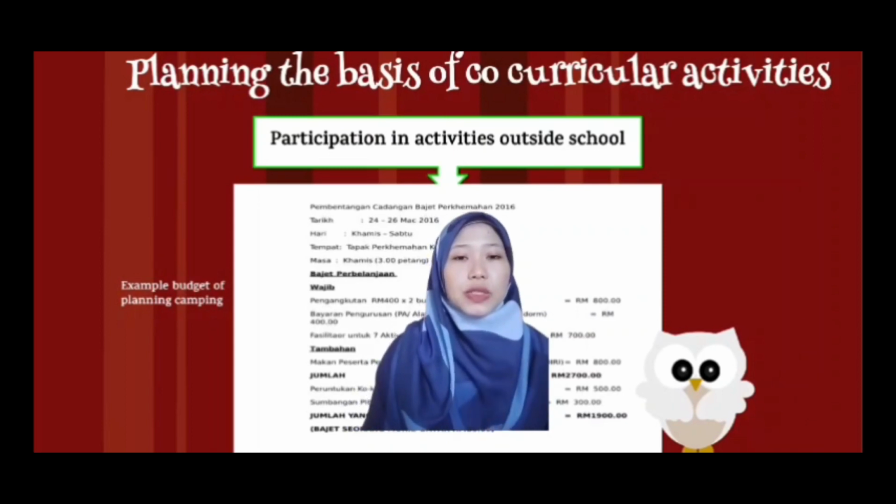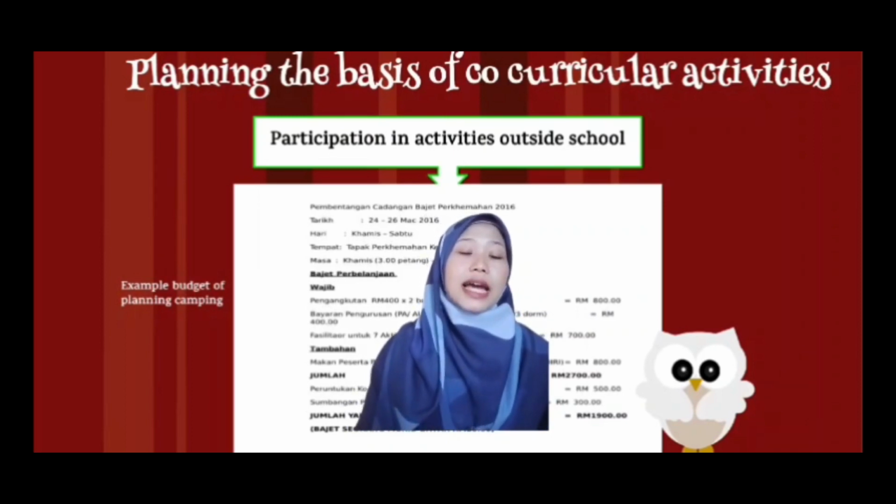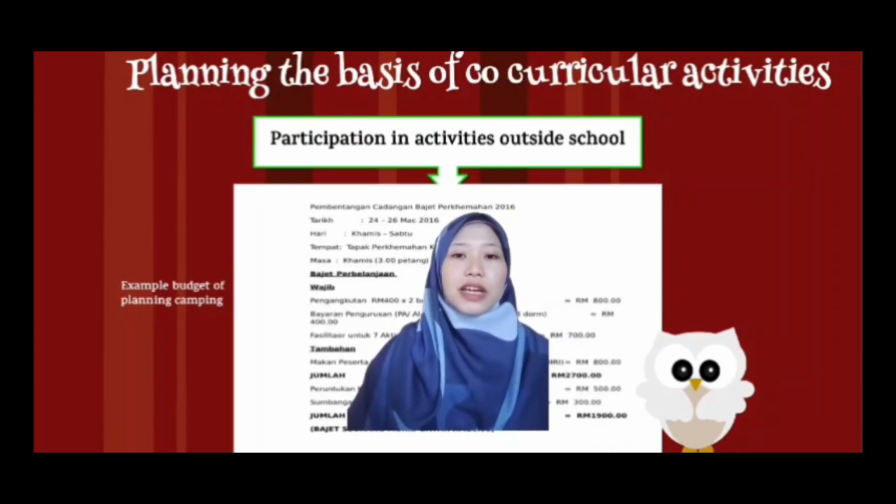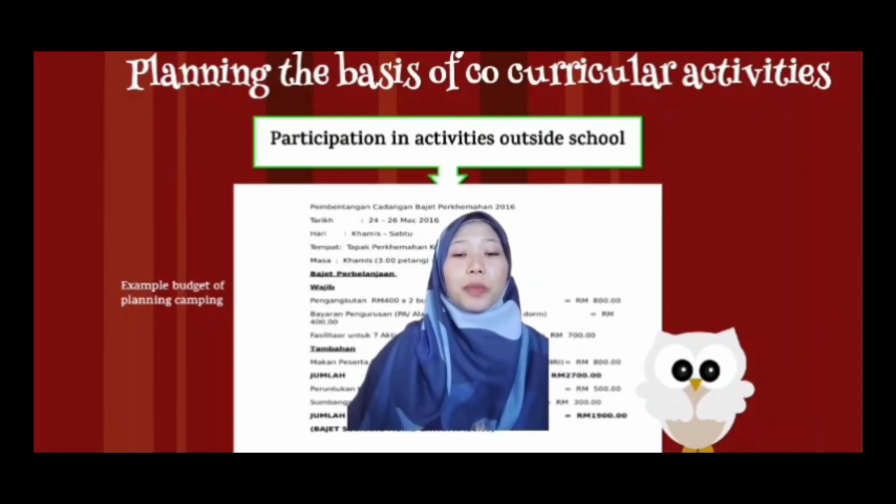Usually, the school will use the financial support from the government, as I mentioned before, to deduct the fee for the students. Besides that, they will also deduct the fee from the PIBG money collected annually at the school. Therefore, the estimated average budget for camping should be lower. Hence, the estimated amount per student needed to pay for a camping event is usually 20 ringgit something.